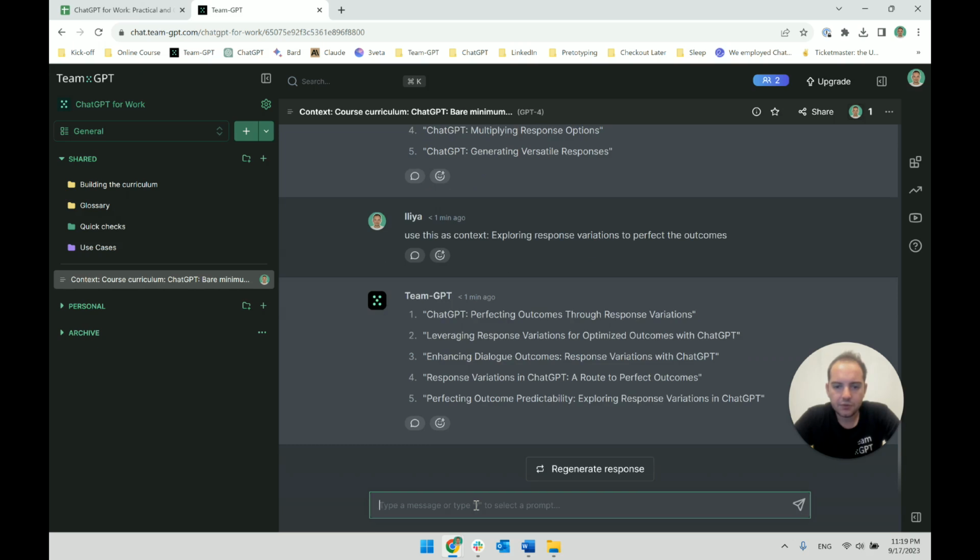Perfecting outcomes through response variations. Leveraging, enhancing dialogue, response. Perfecting outcomes through leveraging response variations, enhancing dialogue outcomes, chat outcomes. Enhancing chat outcomes. Chat outcomes, response variations with